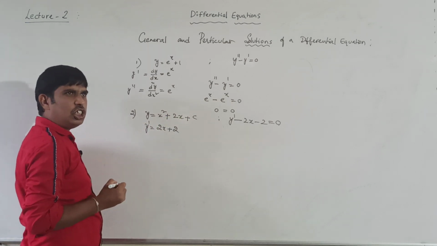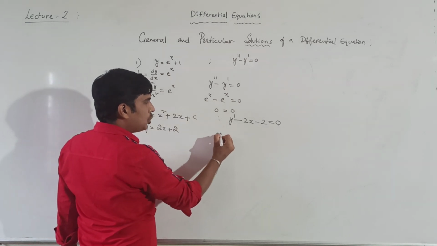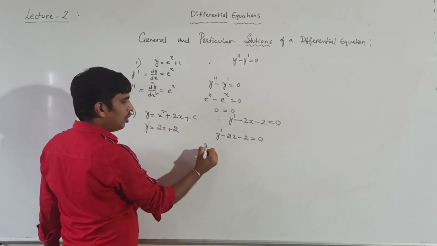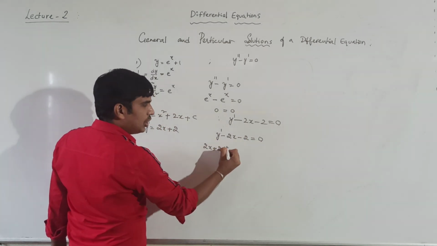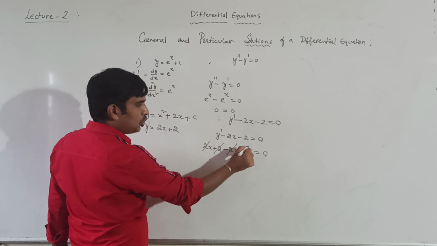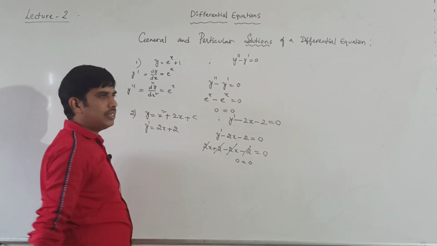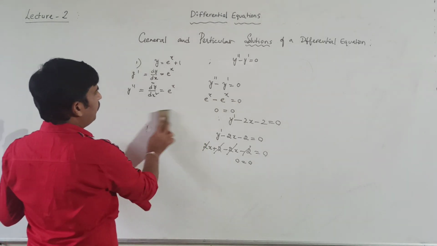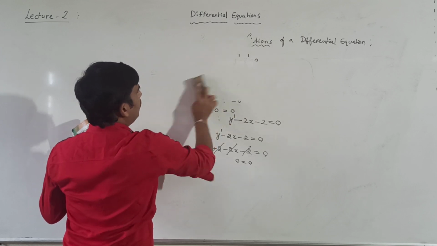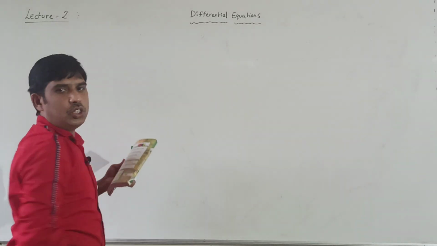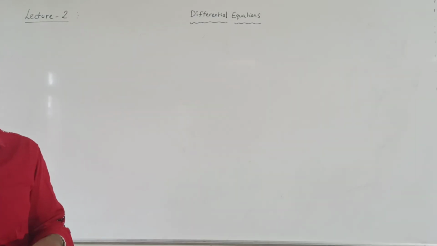Constant derivative is 0. So therefore here you substitute y dash minus 2x minus 2 is equal to 0. y dash is nothing but 2x plus 2. Just replace that one, minus 2x minus 2. Plus 2x minus 2x cancel, plus 2 minus 2 cancel. Therefore LHS is equal to RHS. Hence it is the solution of the given differential equation. Okay, so we'll continue the remaining problems in the next class. Okay, thank you students.